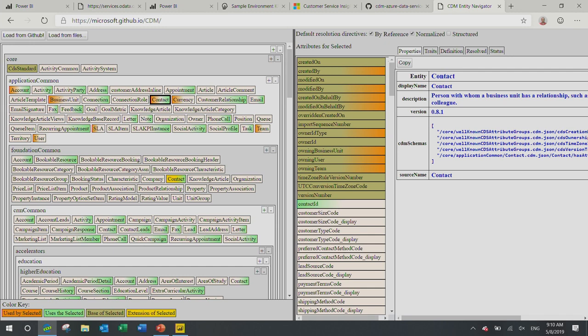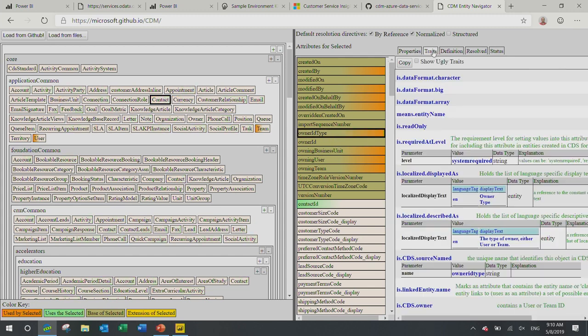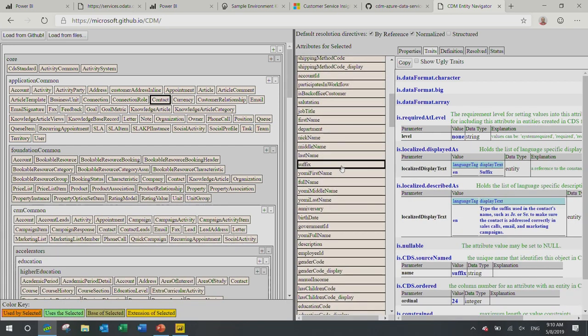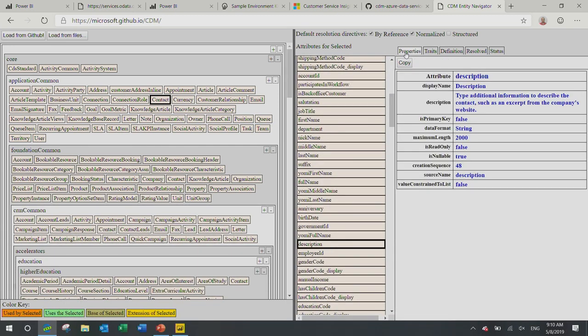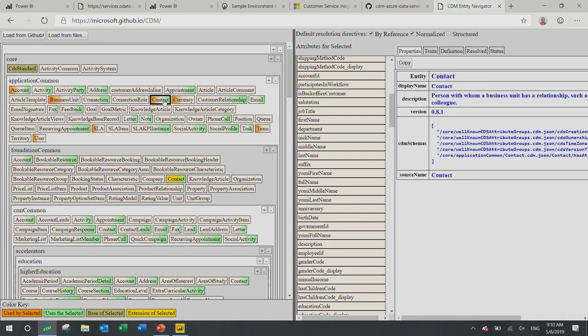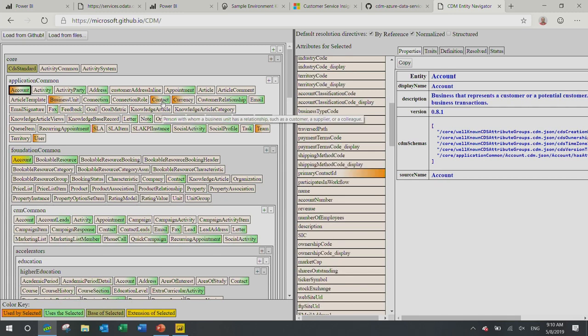Here, it shows you a few of the concepts. So, for example, I selected the contact, and you can see that I have all attributes that I can click and inspect, and per each attribute, I can use traits. I can see the traits, which are like adjectives. They further describe your data. You can create all of those traits and all of those attributes. You can inspect the properties. You can see with color, and we can debate whether it's the most ergonomic way to use color, but you can see that the contact and account are used interchangeably, so you use one to reference the other.